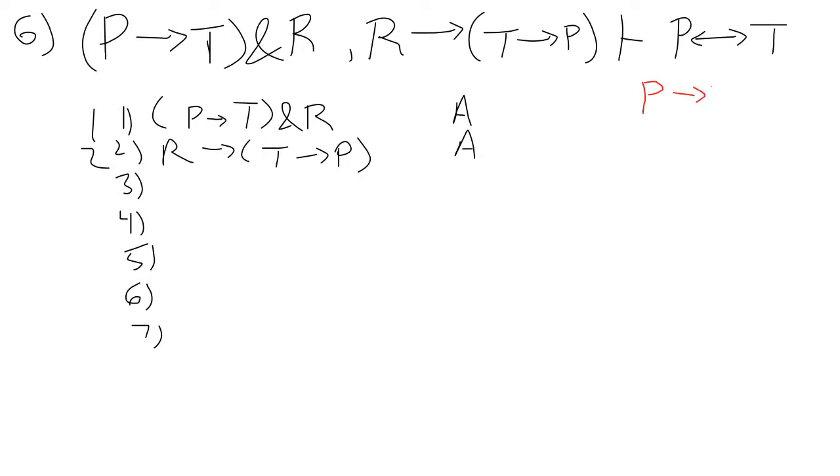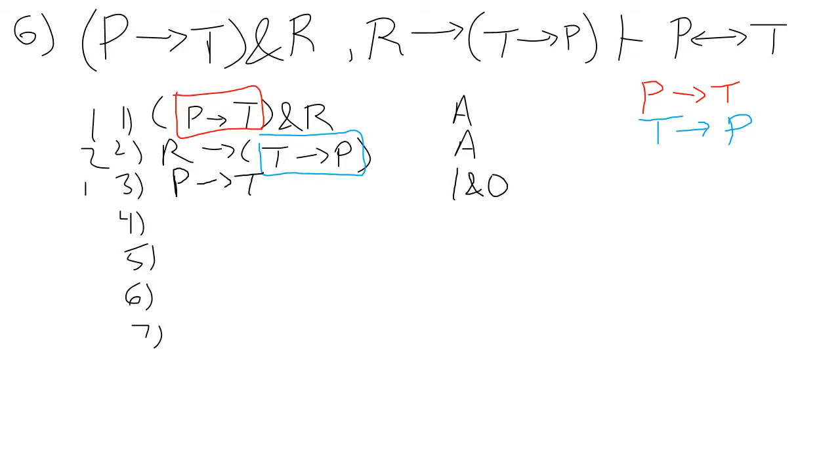In 6, we got another simple biconditional statement as our conclusion. So we're looking for P arrow T and T arrow P. And we might be in luck here because we have both of them already written in our premises. So we can get the P arrow T out from 1 and out. And we can also get the R out from that, doing the same thing. Now we can toss that R into our conditional statement in 2. So that would be 2 and 4, arrow out,